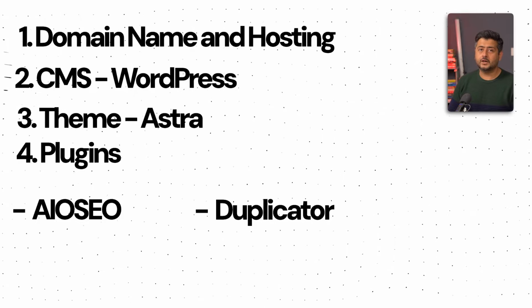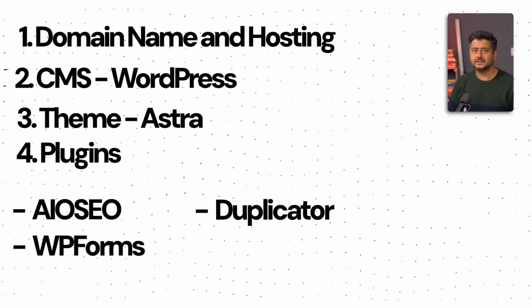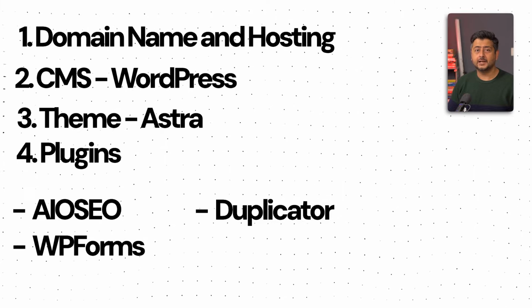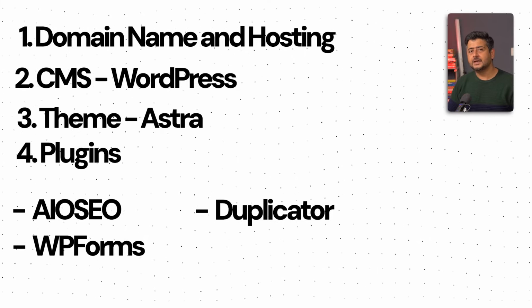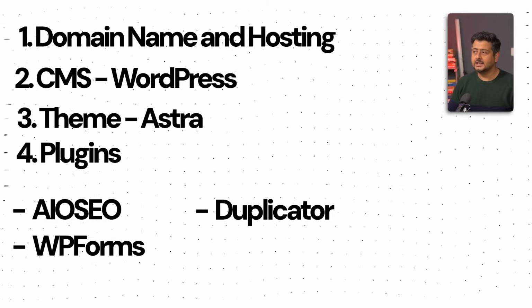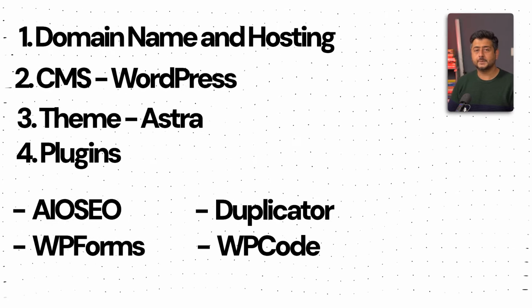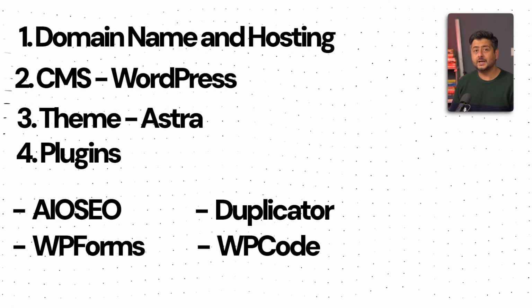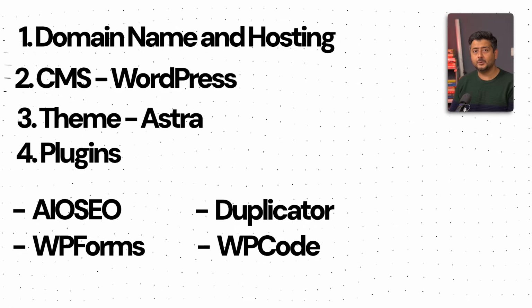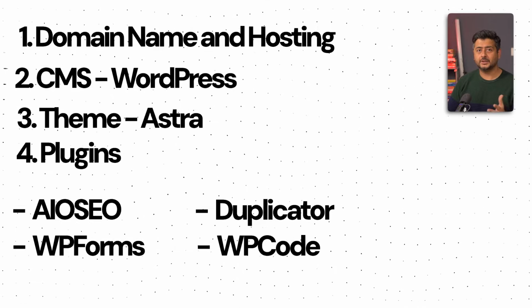And then we'll add a forms plugin called WP Forms. So if you need specific forms on your site, contact forms, and allow people to add information or connect with you, then we'll use WP Forms. It's one of the best plugins out there with regards to forms. Then we'll also install a plugin called WP Code. Sometimes you need to customize your website in a way that's not possible without messing with code. And in this case, WP Code is a replacement for that. So you can do a lot of things on your website without having to mess with code if you install